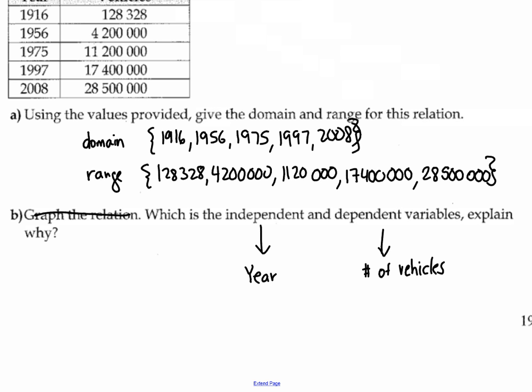Time is almost always, and I'm being very careful with what I say, almost always independent. Okay, time is, you learned that in science, right? You always put your time on the x-axis. It's the independent variable. Okay, so let's leave it at that. What I'd like you to do,